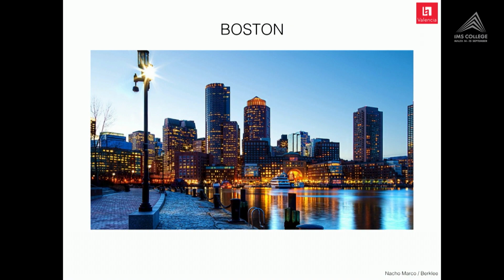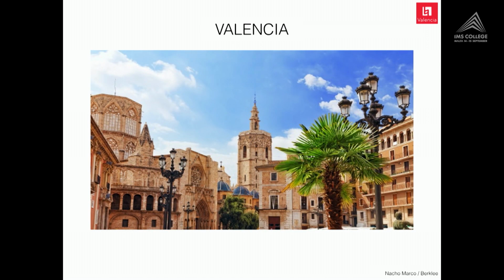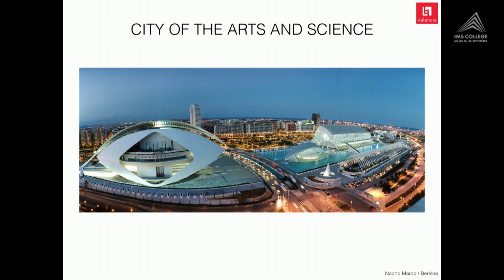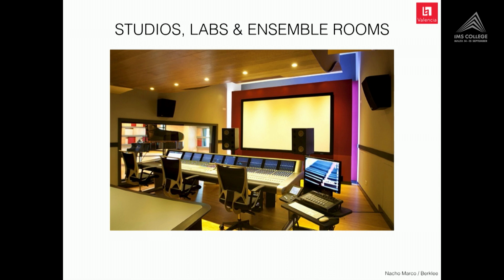We offer the long-term career there, which lasts for 4 years. And this is our campus there. But we have a second campus since 6 years ago, and it's located in my hometown in Valencia, in Spain. It's built inside of the City of the Arts and Science. This is our campus. And in Valencia, we offer the masters that last for 1 year. So if you are interested in studying music production, technology, innovation, this is the place to be. This is just an inside. You can see our studios, labs and ensemble rooms.